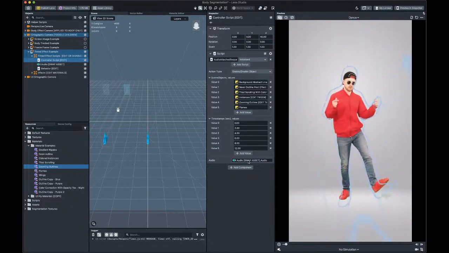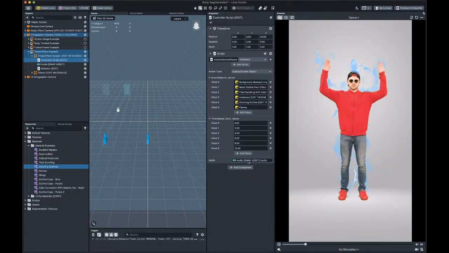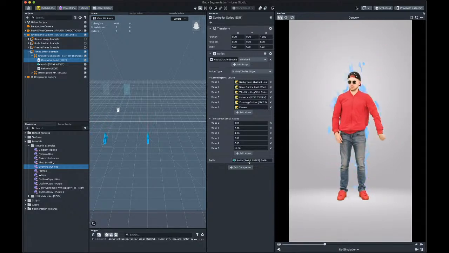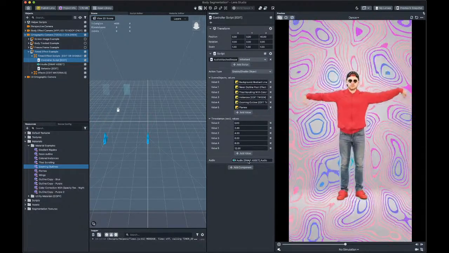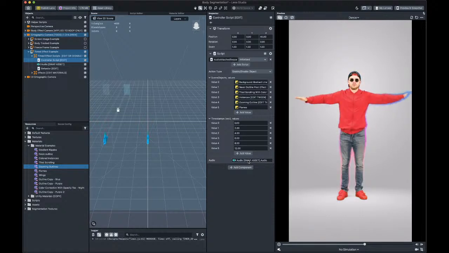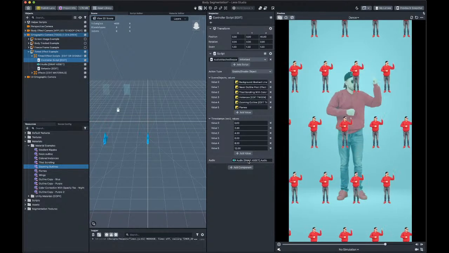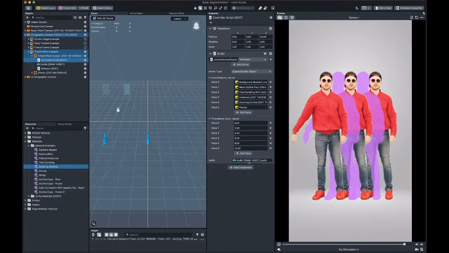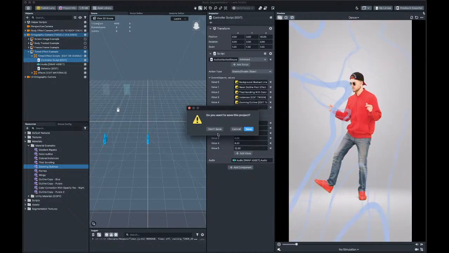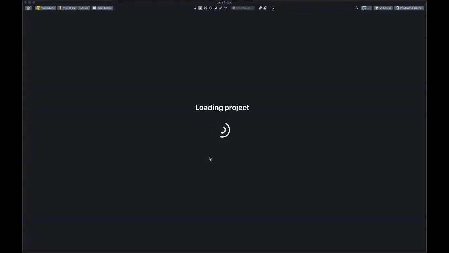Cool. I think this was it. Any questions about this template? Everything good? Nice. Let's go to the next template. And the last one